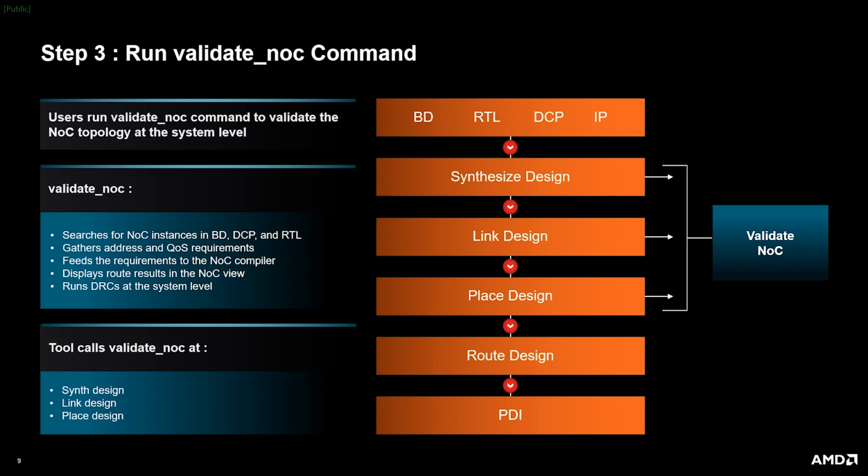The standalone command enables users to iterate on a NOC design until they have all the parameters correct. However, when it comes to integrating the command back into user-run scripts, it is not really necessary. The NOC validation is handled by the standard Vivado flow. When users run synthesis in either project or non-project-based flows, the validate NOC command is automatically invoked. It is also run during link design and place design. For now, the final NOC solution is completed during placement. In the future, this may be augmented to support a post-route ECO flow.